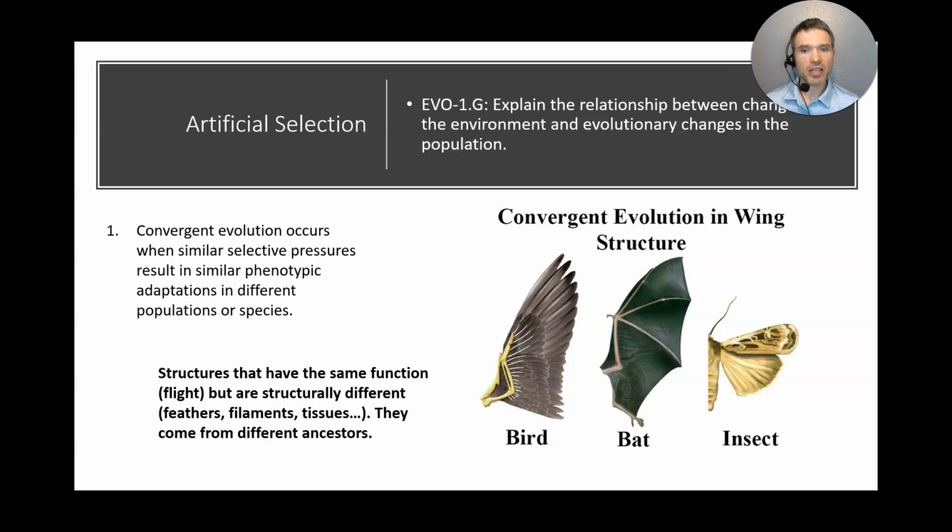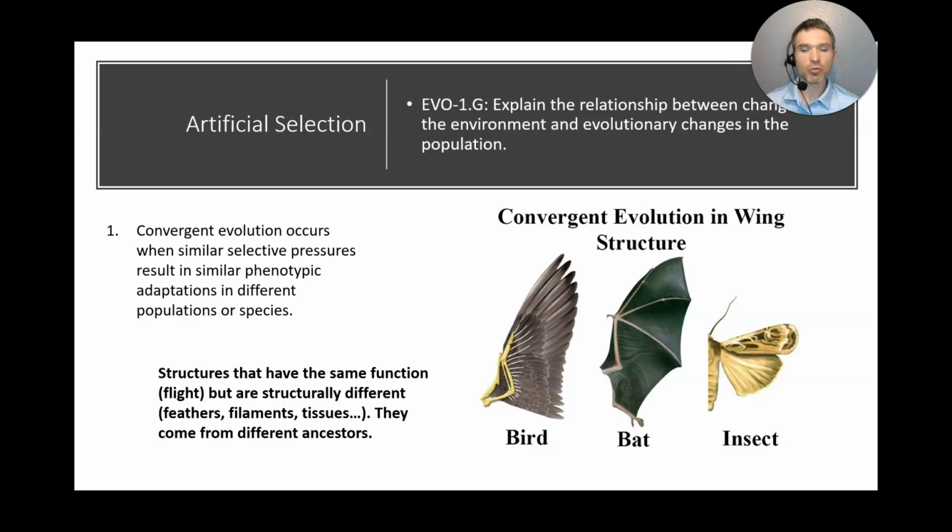However, even though they look similar and they have similar function to fly, these three species do not come from a common recent ancestor. Okay, so in other words, they come from different ancestors,